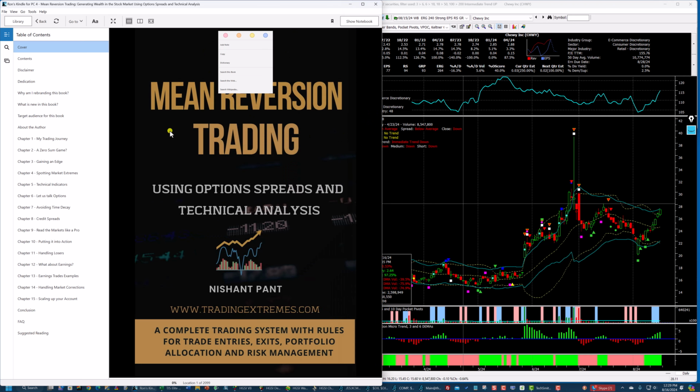But really, if you are interested in this at all, just go to Amazon and look up Mean Reversion Trading by Nishat Pant. He's an Indian, I believe, from India. And it's really a short book, but it's a well-written book, and it shows you exactly how he puts these trades on. So next week I'll have something for you relating to this,